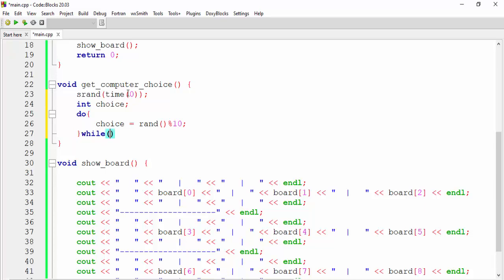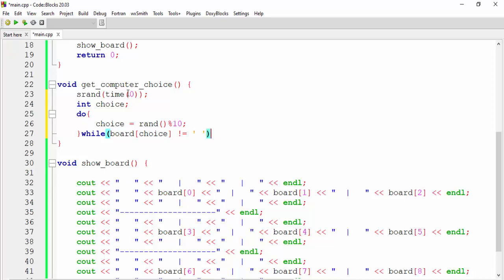Now here we'll put our condition. I will say while board of choice. So whatever index number returned by computer, if the position is not equal to an empty space, then the loop will run.